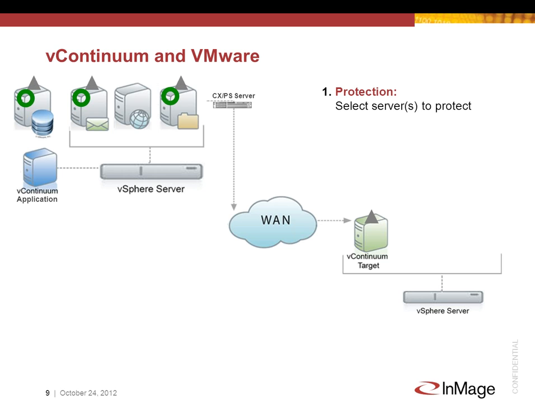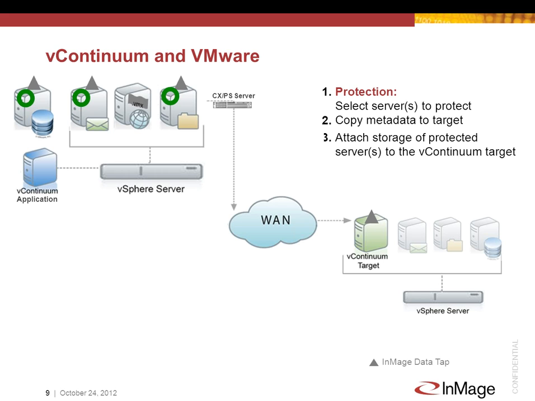Essentially what happens is when you set up protection, you'll simply select the servers you want to protect. We will then, if needed, push out the data tap onto those servers. The next step is we will take a copy of the metadata of those servers. In the physical server, we'll actually go through the P2V process of converting that machine into a virtual machine. Within the VMware servers, we'll take the VMX files and duplicate those VMX files on the target vSphere environment.